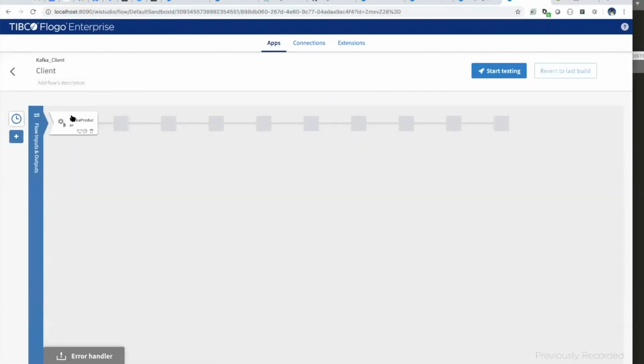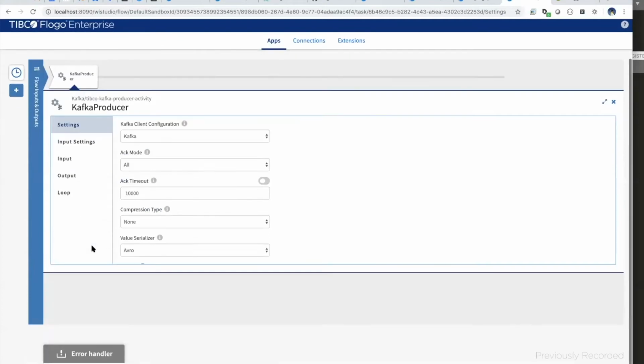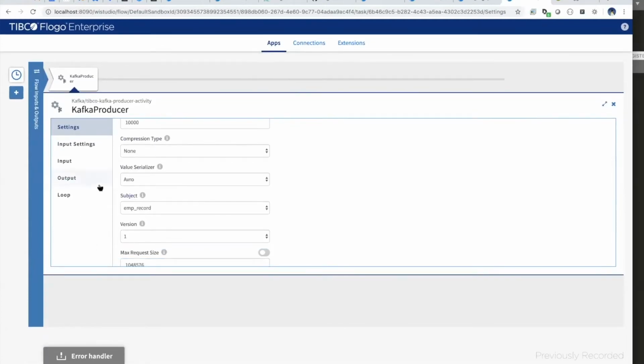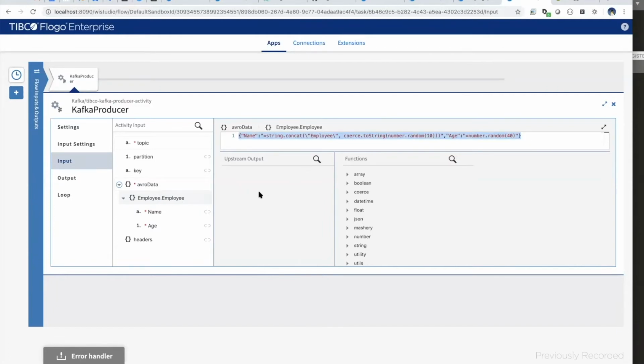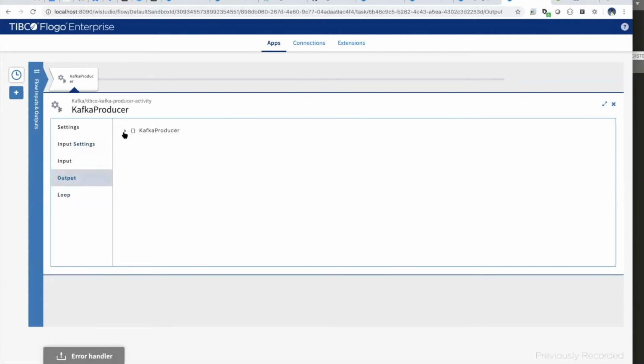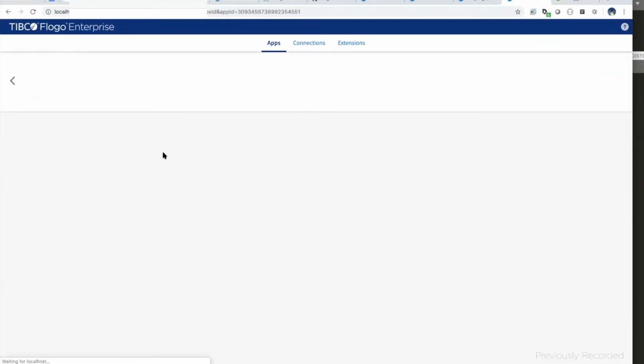So the app is pretty much configured. If I go here, it is automatically configured to the Kafka and it also has the same set of settings. What this does is it goes and sets some values. Currently, it is just setting up, and what I'm doing is sending this message by coercing data. All right, so these two applications are built now.